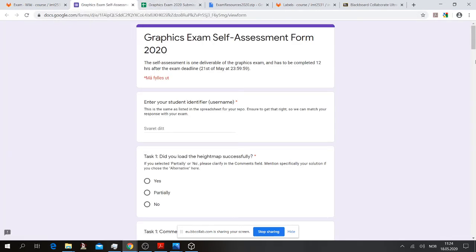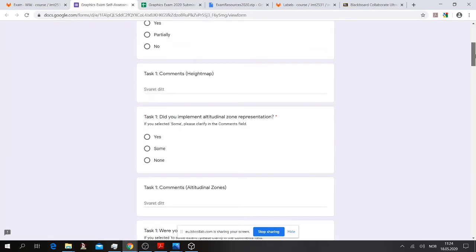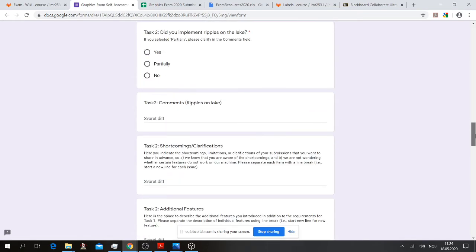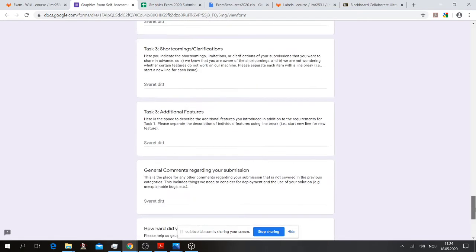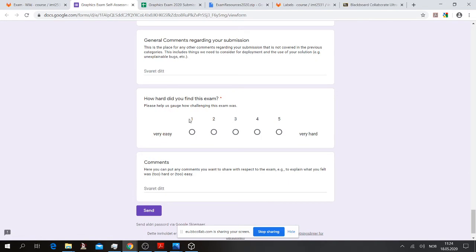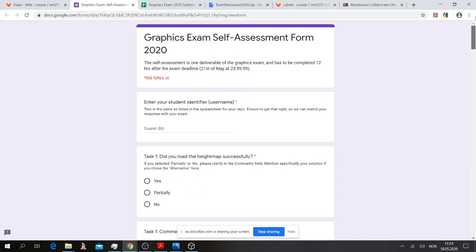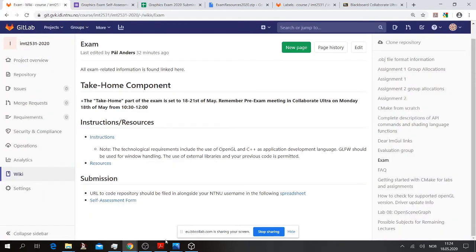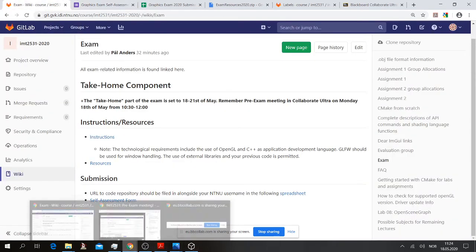You click this one, and you basically answer how you're able to address the exam task. And then you evaluate the exam at the end, and then click send. So it's done in, you know, half an hour. But just make sure you do that within those next 12 hours. Okay, and yep.